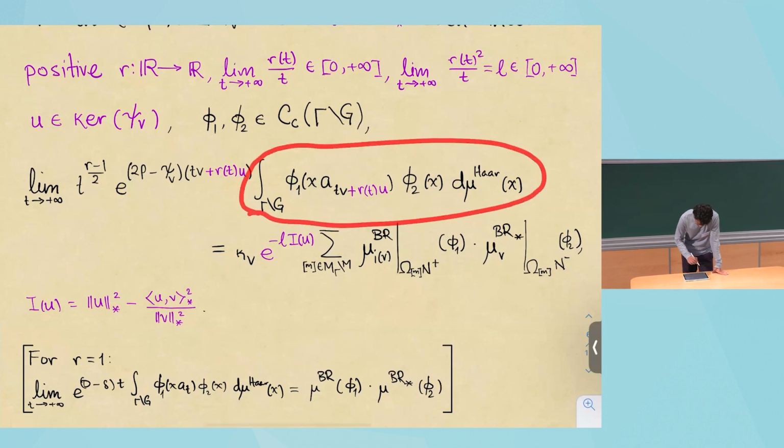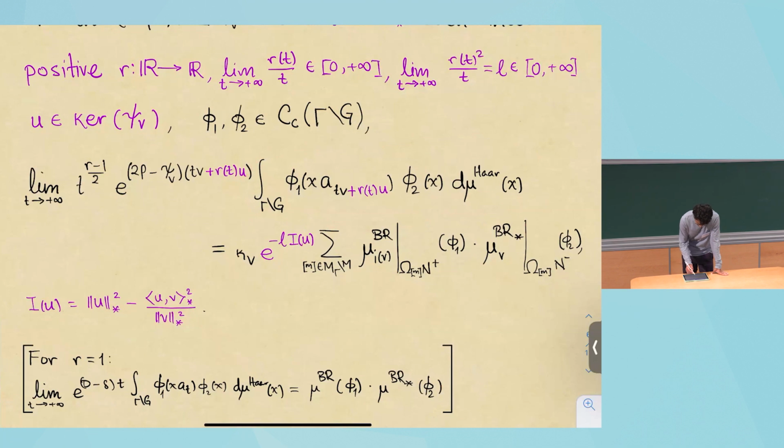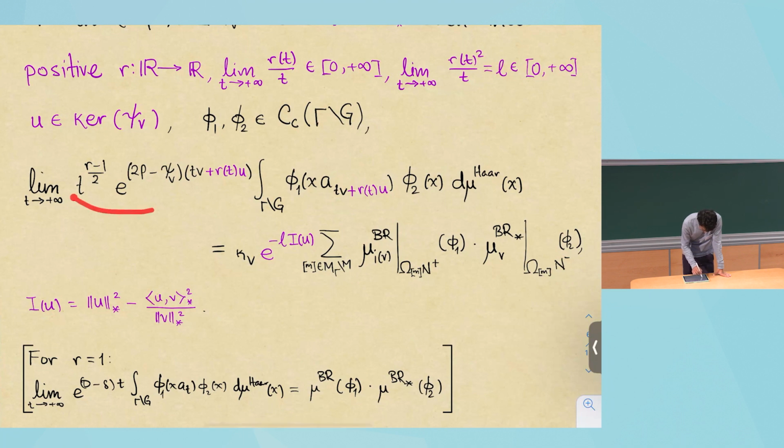You take this correlation function, phi1 of x a_{tv}, you move by this flow a_{tv}. Then you multiply with phi2 of x, and you integrate with respect to the Haar measure. So this is also the matrix coefficient of a_{tv}. And if I normalize by this function here, and if I take the limit,